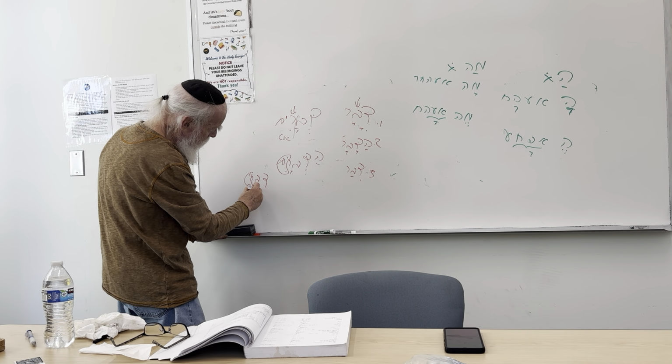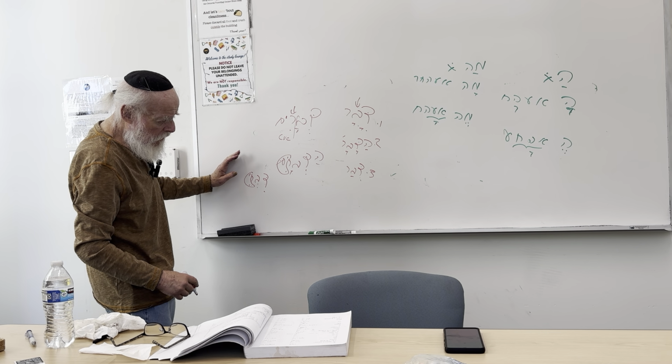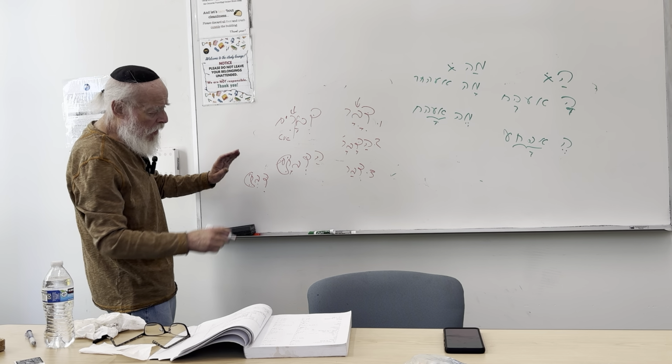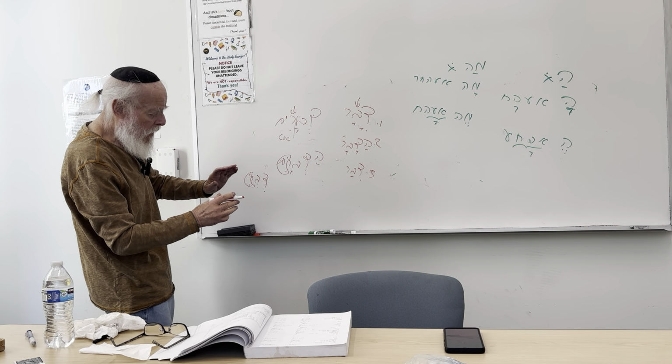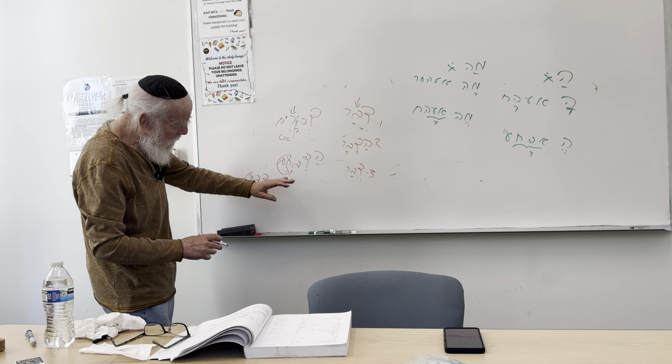Do you know what goes on here? When you have the construct, your emphasis is on the very next word. Things of, words of, it depends on the next word. So that kamatz underneath that vet is going to become a shvana. And the dalet originally has a shvana under it. So you have a shva cluster. And we break the shva cluster by replacing the first shva with a chirik. Divrei.